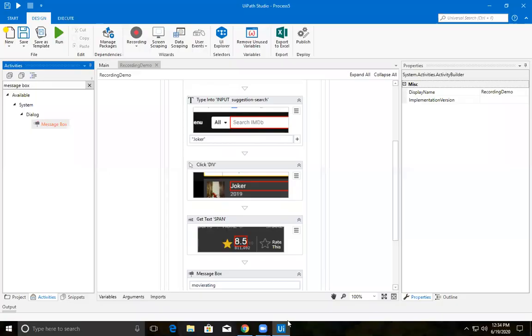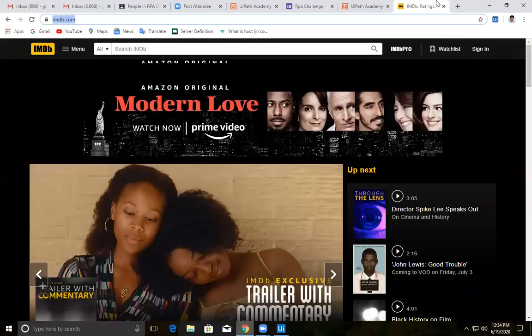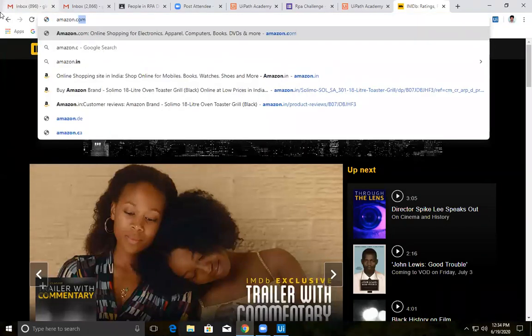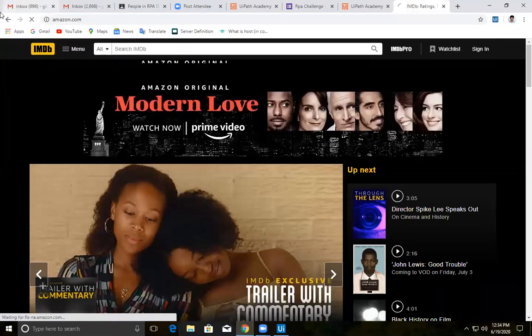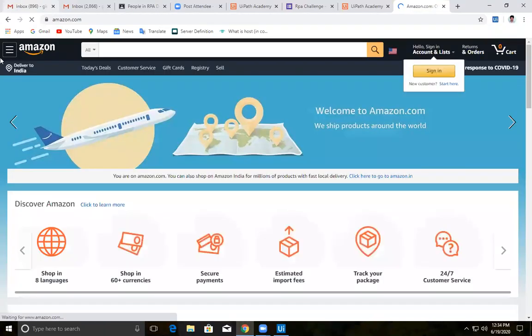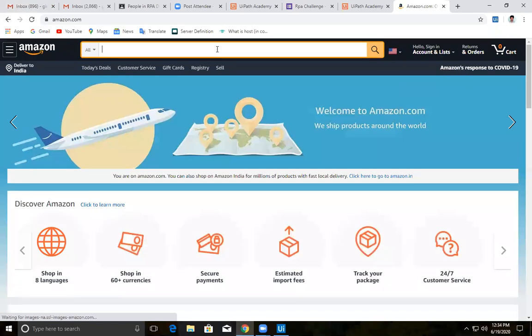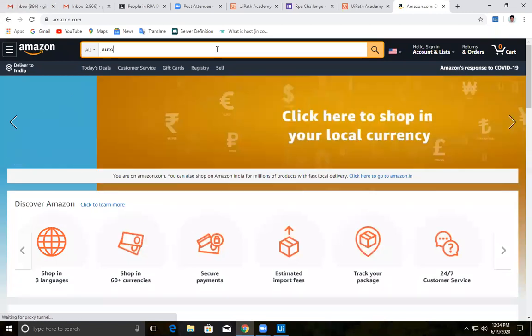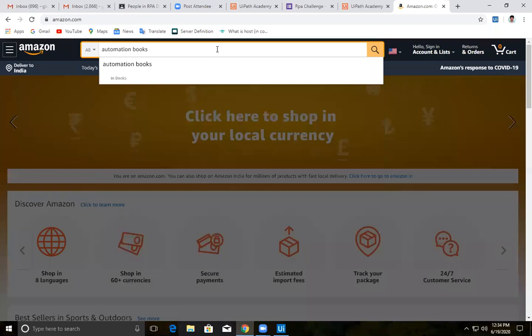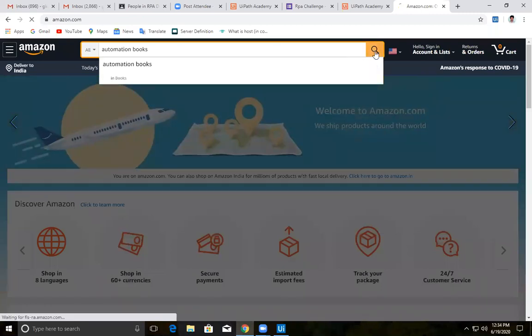So now what I want to do is open a website called Amazon.com. Now let's search for some details, let it be something like automation books. After typing this, let's click on the search bar.